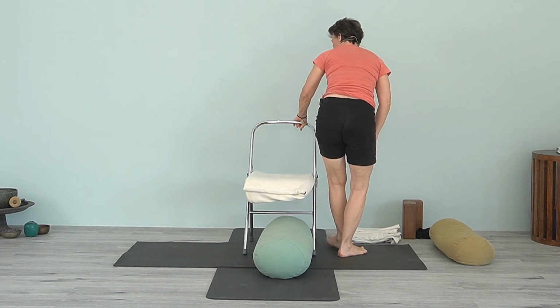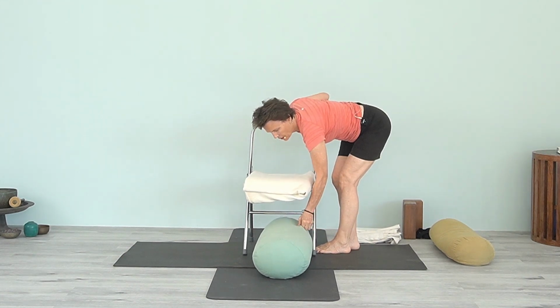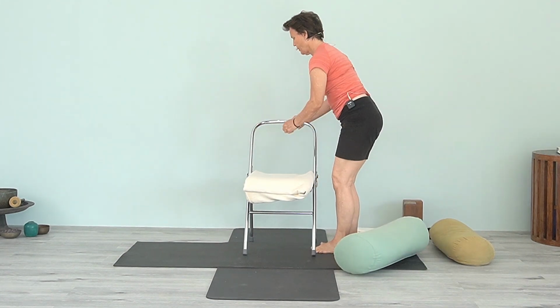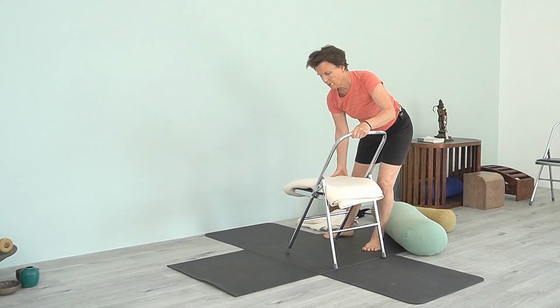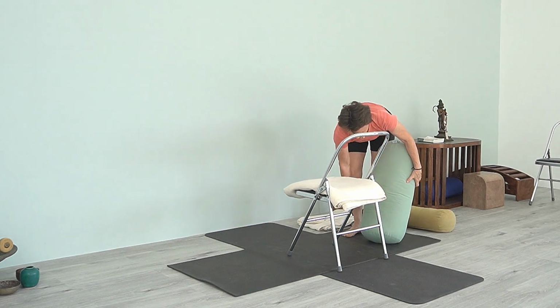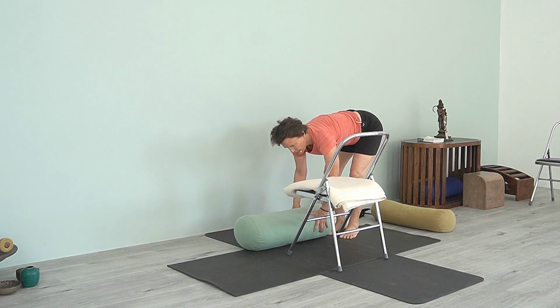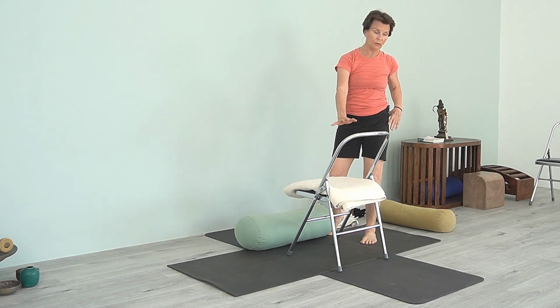And we'll set up for Ardha Halasana. So I'm going to leave this blanket on the chair. We're going to set up a little bit different way so that we turn the chair around. All right, and then we'll use the bolster for the shoulders. So your shoulders will be on the bolster, and then you'll bring your legs over onto the